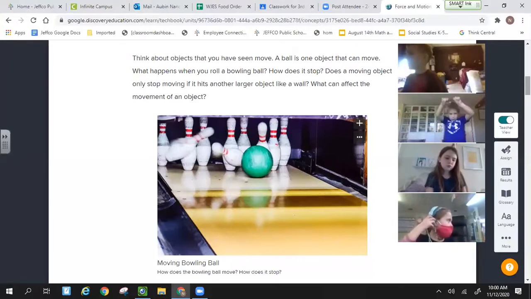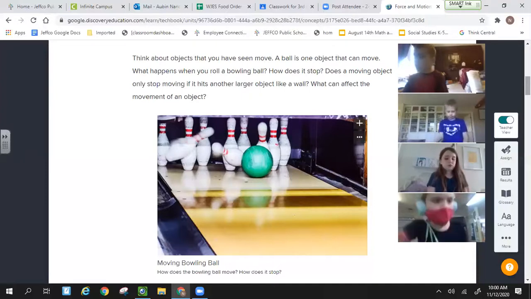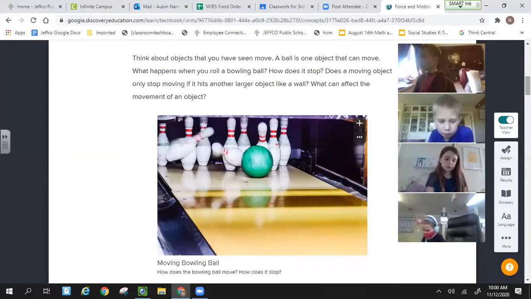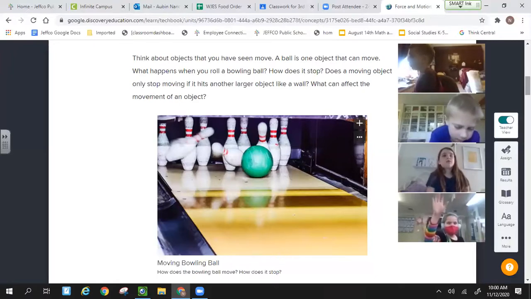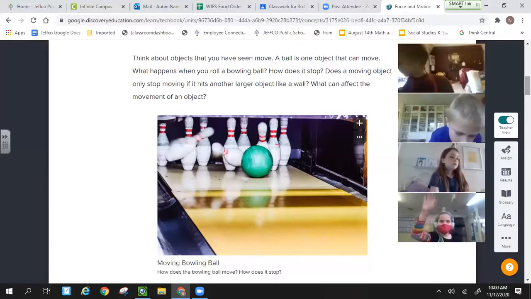Okay, so he is saying that, so can we use an example of like a soccer ball? Say you kick a soccer ball on a field, and he says that eventually it doesn't have to hit anything, it'll stop. Does it just run out of force? No, you said something good. You said something about air. There might be some air pressure, but what else might stop a ball? What makes things stop besides just hitting a wall? What are you thinking, Charlie?